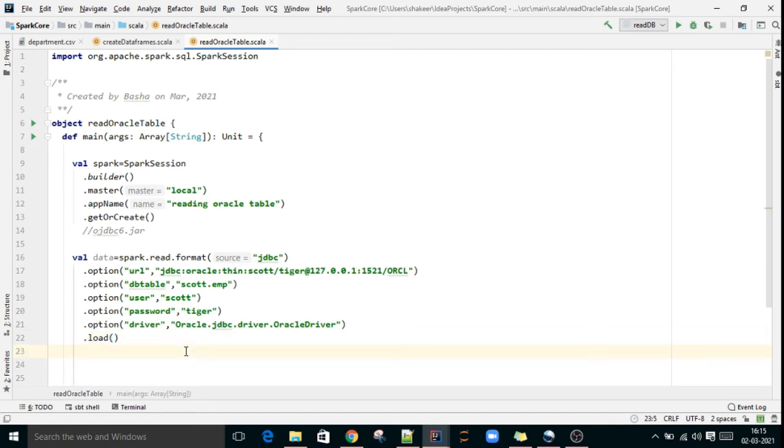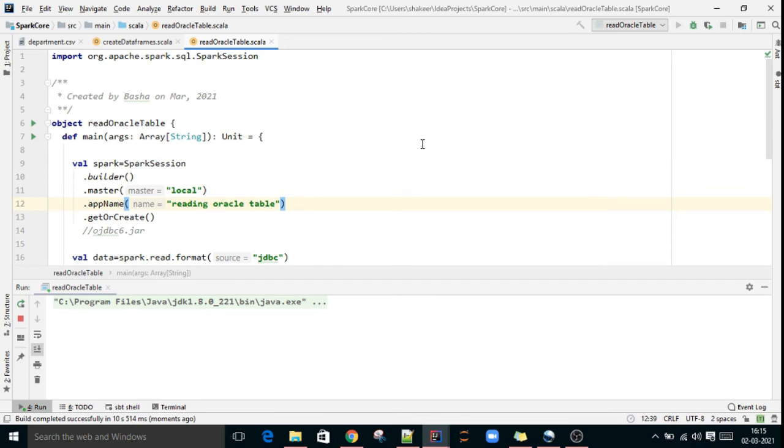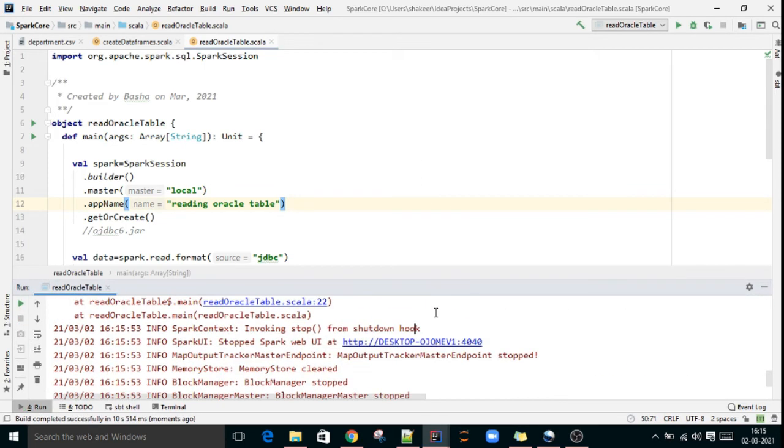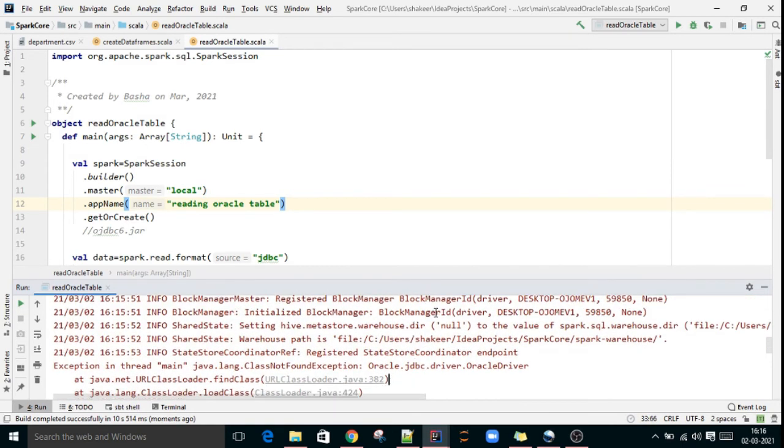Now the data is ready. Then data.show. I will try to execute this. Something wrong here.